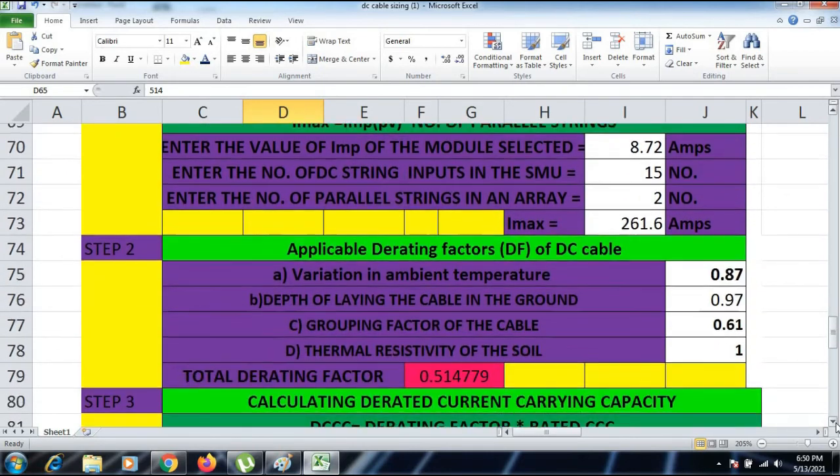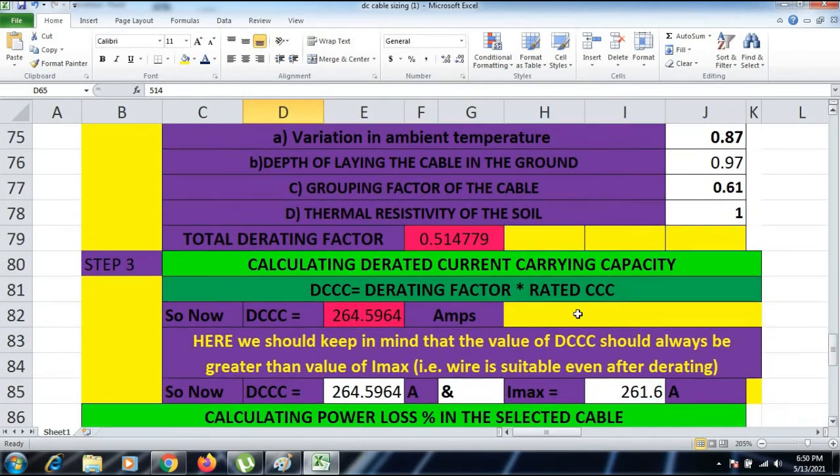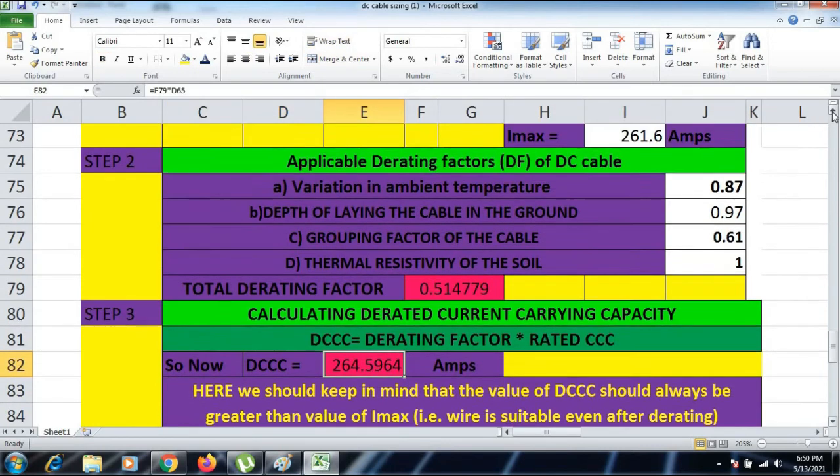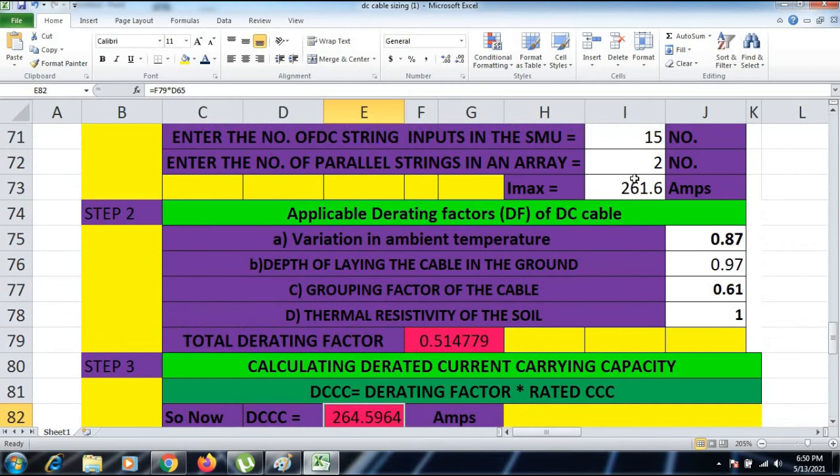This is the main lookout, guys. Our derating current carrying capacity should always be greater than our Imax. Then only our system is okay and is going to satisfy all the norms. If this derating current carrying capacity is lower than the Imax, then there is a risk, and the system is not properly installed. You can say it is a faulty system.